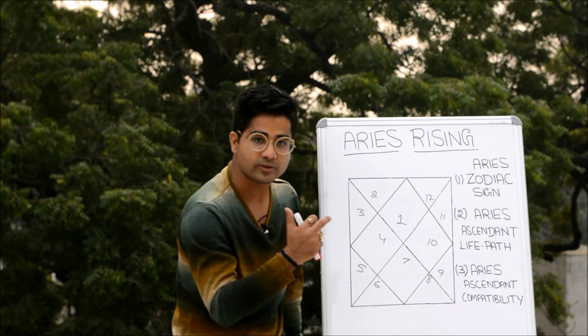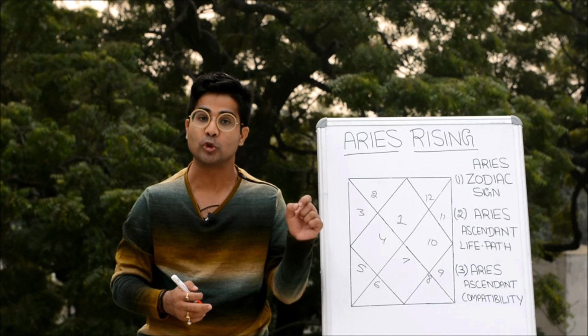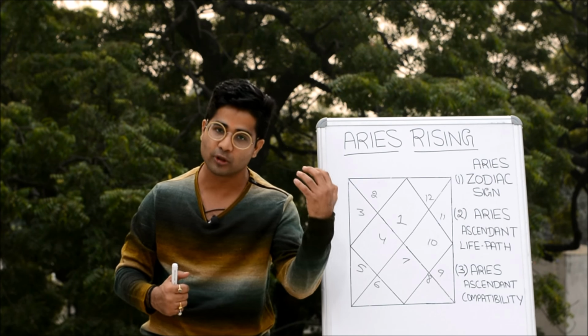Then comes the eighth house. The eighth house is of transformation, of legacy, inheritance. This is also the house of the occult. It's very easy to understand. The first house is of you, ruled by the planet Mars. Again, the eighth house is ruled by Mars. So many times what happens is that their sense of being, their self-realization, comes through with lots of ups and downs in life. So this is how you can understand that. And second, because the eighth house is also of occult sciences, they have the potential to do good and go deep in any occult subject.